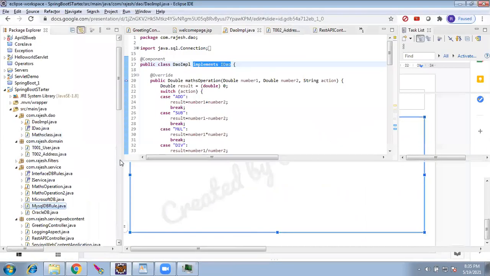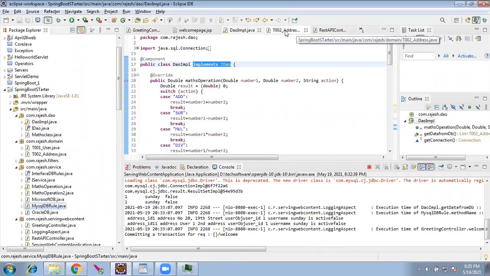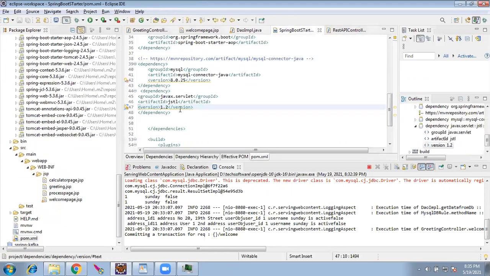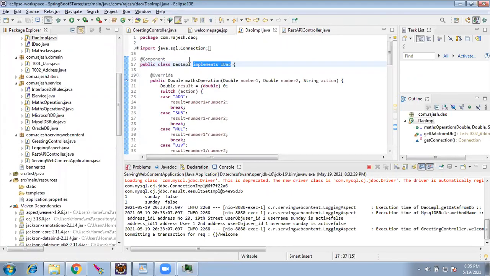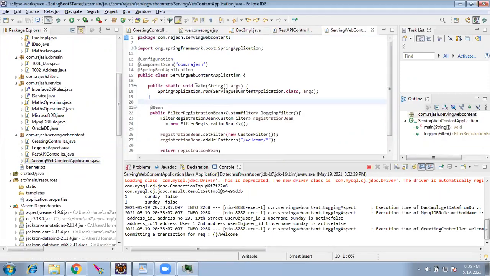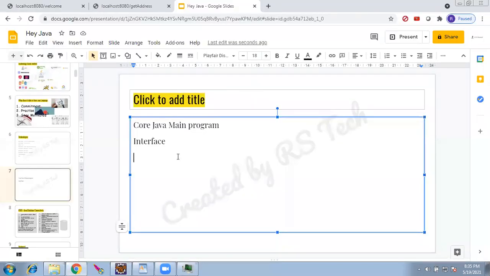Why did we study the main Java program? This is the reason. We had this Spring Boot start, where there is a main web content application. So this is a main program. Then we studied about Maven.